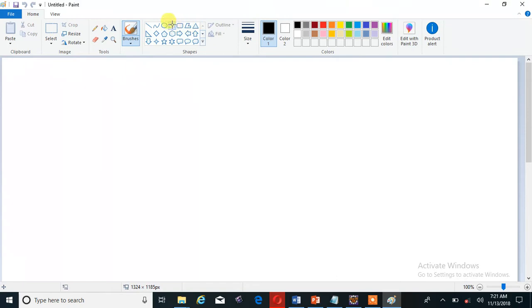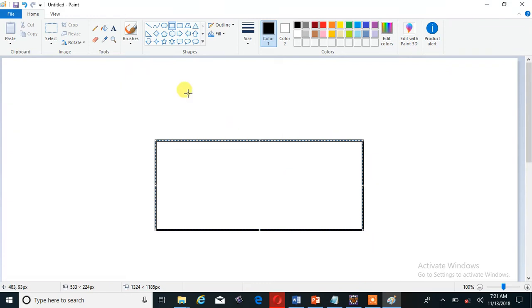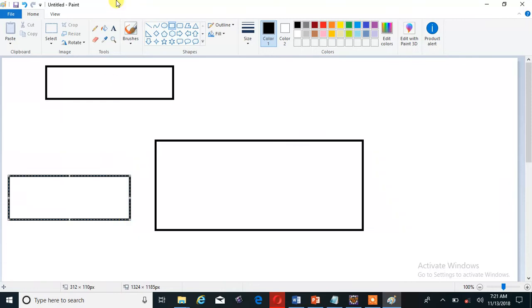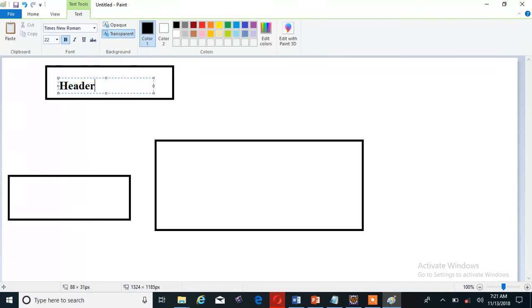Suppose sometimes I have this file. I want to include one file, this file is used for the header, and this file is used for the footer. So, this is used for the header, and this file is used to include the content related to the footer. This file is